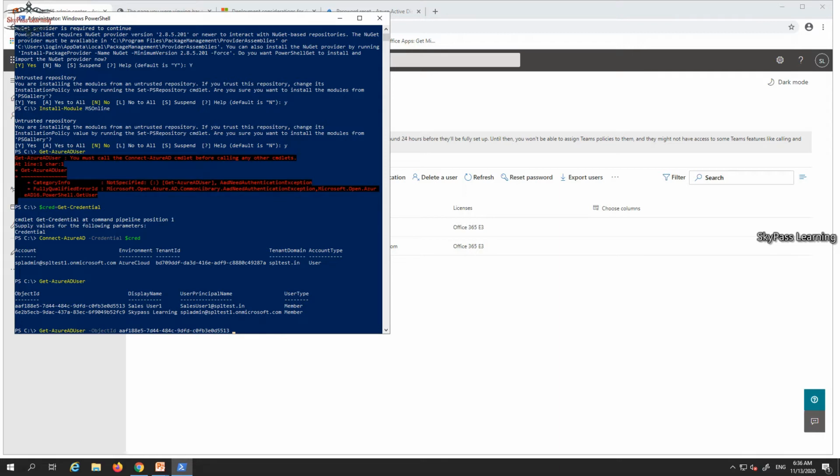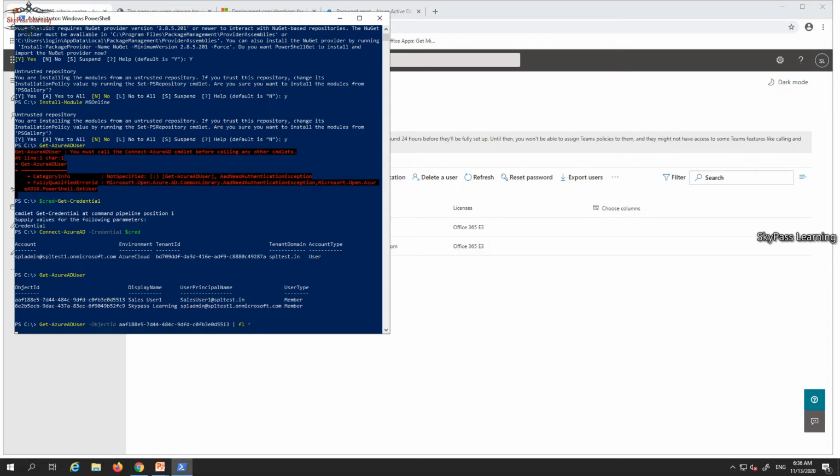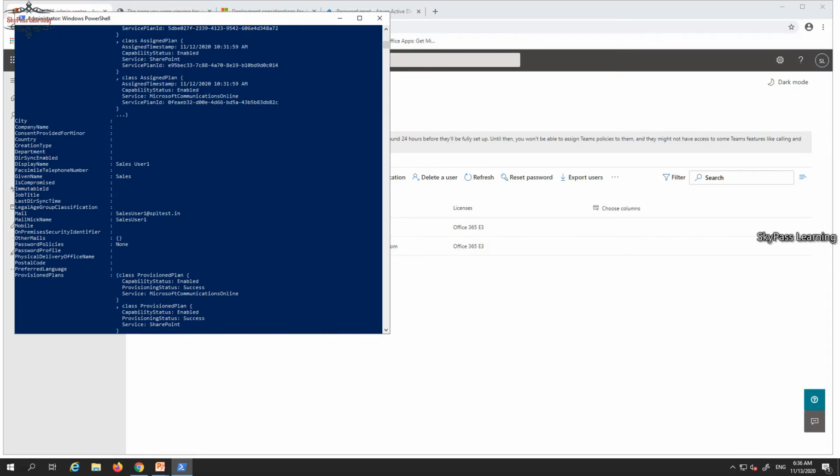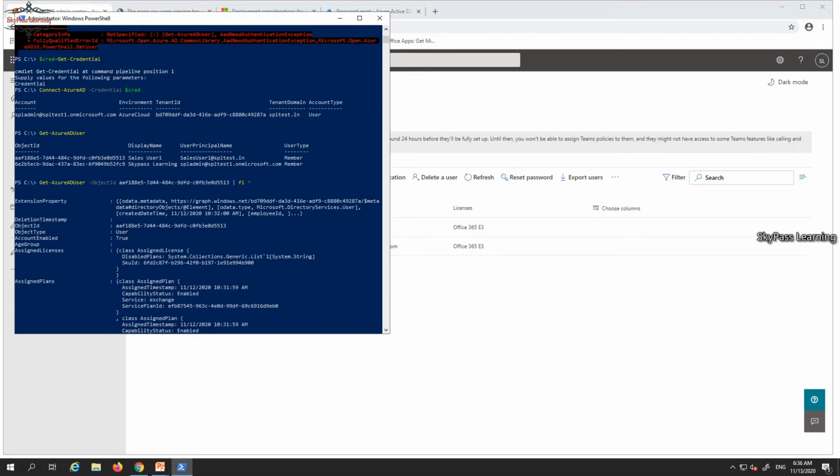Okay, and then I'm just adding it. If I put fl *, let me see what exactly we are getting here. So what you can see, this is the user account detail. I have taken the user account details for all the accounts, and this is a specific account.